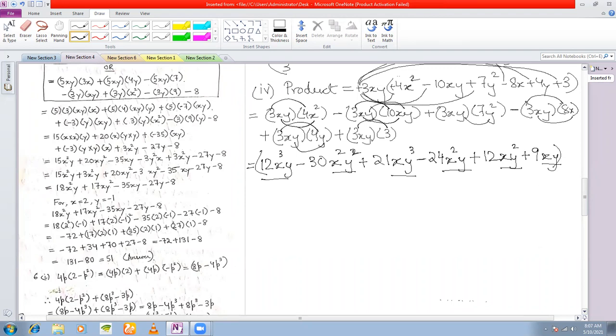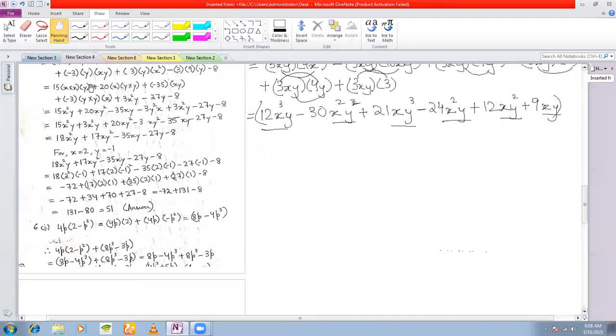So therefore, this should be your answer. Yes, sir, if there was any xy cube, then twice x cube y. If there were any like terms, you would have added them as usual, as you add like terms. Okay, sir. So this is your answer. Since you do not have any other like term, this should be your answer. If you had like terms, you would have added them together to get the final answer. Okay. So this is your first question for today.